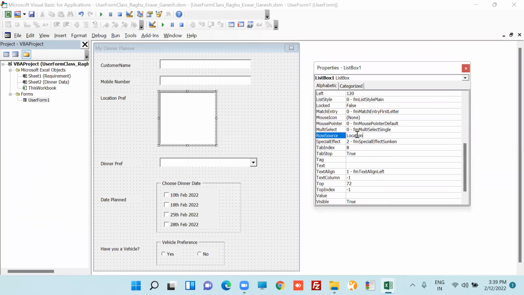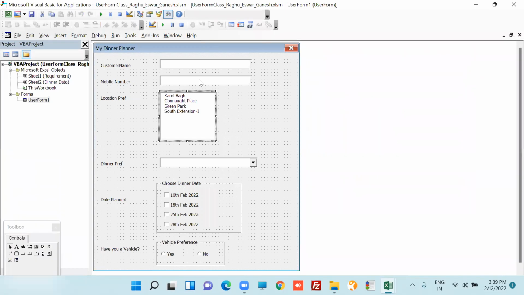Just paste the location name here. As soon as you cross this out, I think all locations will start showing here. Okay, cross this out. Can you see this? Now you can resize it,